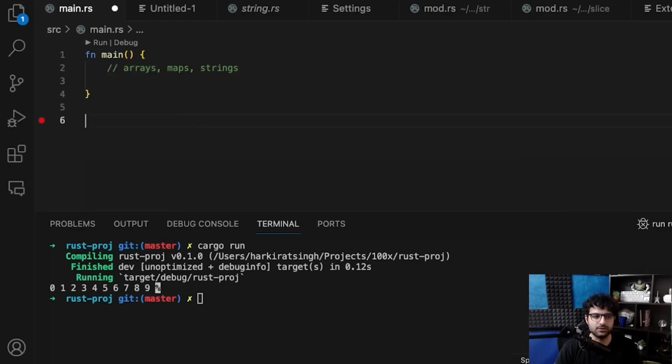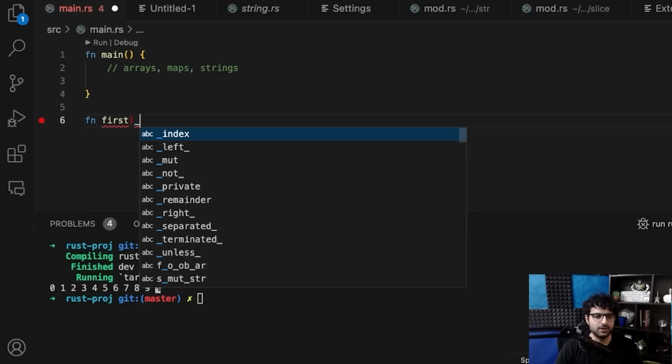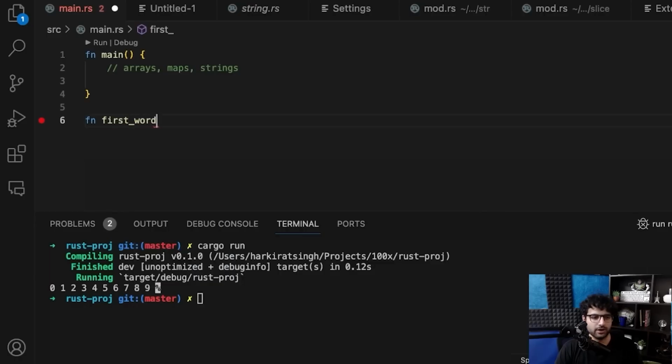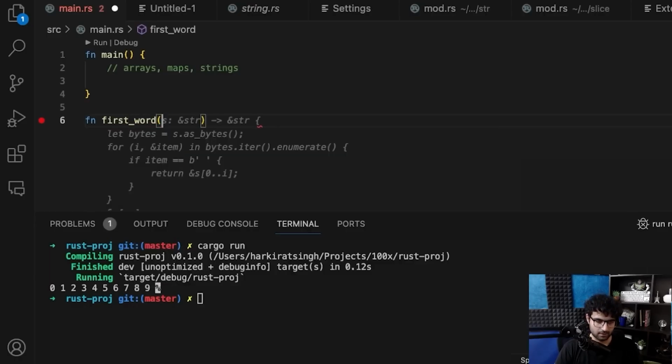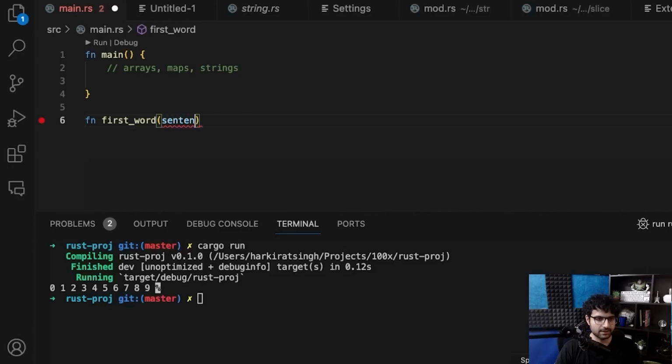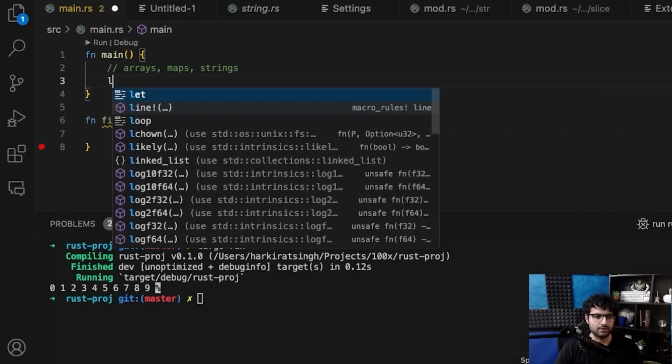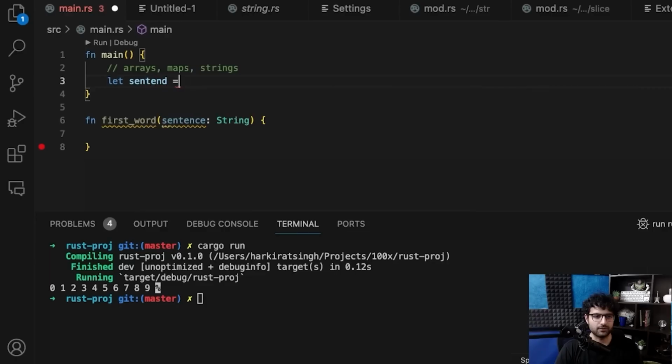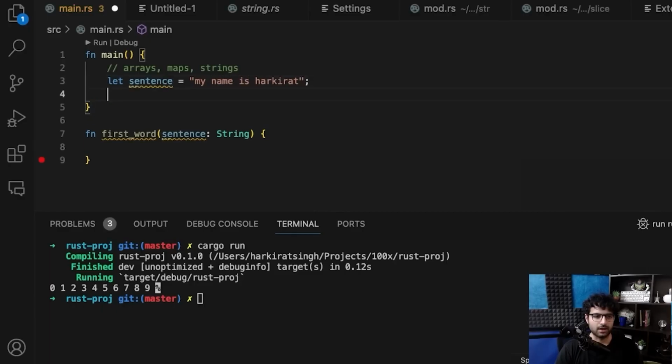For example, if I ask you to write a function that will give you the first_word given a sentence which is of type, let's say, string, even though this will probably create errors. Let sentence equal "my name is Harkirat". And if I do a let first_word equal to get_first_word of sentence,